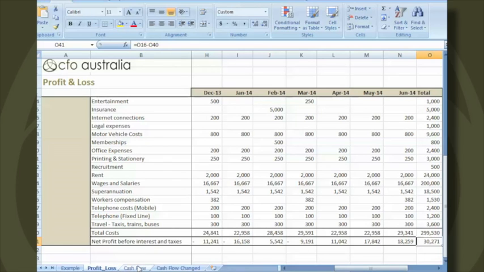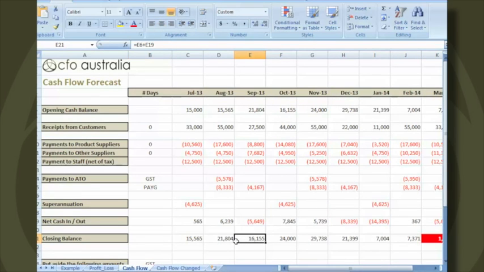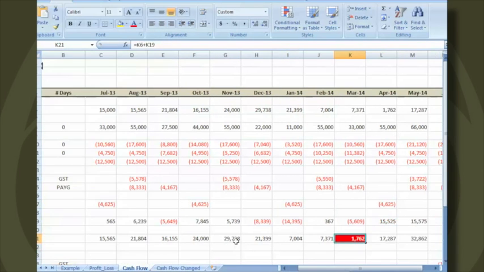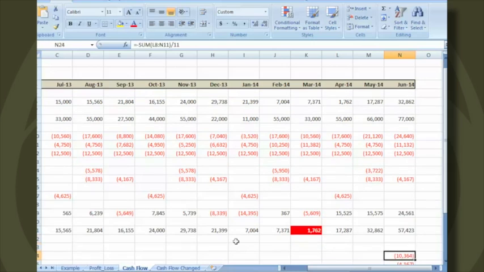Let me jump to the cash flow page. And the first thing we'll point out is the fact that your closing cash balance is $57,423. Why is that different from your profit number? This is a question that many people struggle with. I'm just going to walk you through how the cash flows work, and in the process we will answer that